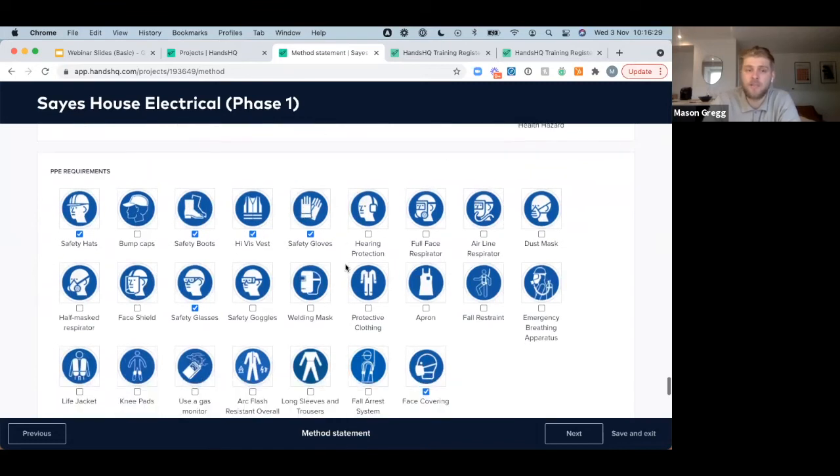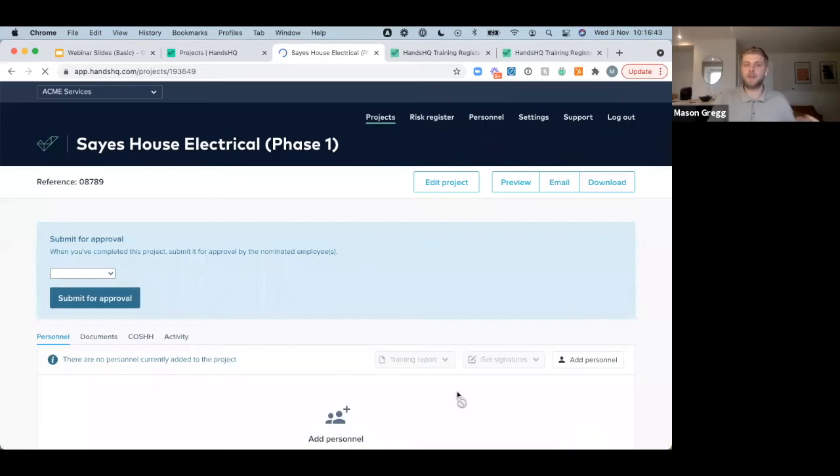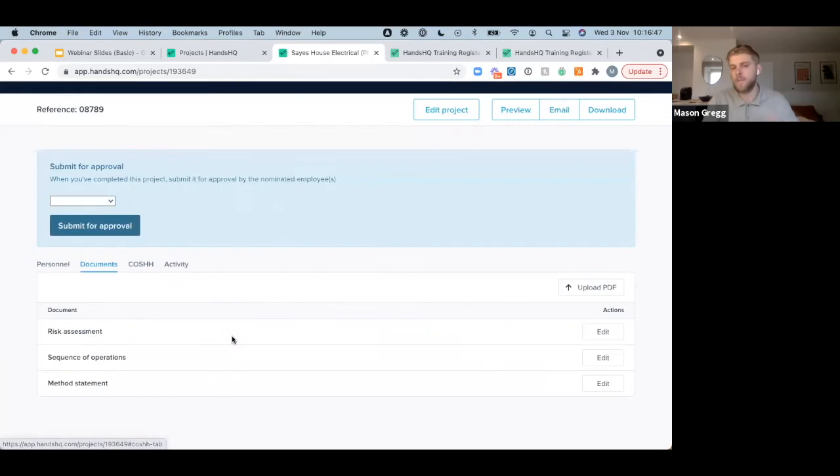So what we've actually done is we have our 5 points of PPE selected and pre-populated each time. So they're always going to be selected every time we go through this process as well. So then hit next, and believe it or not, that is us done. We've now created our site-specific RAMS document. At any point, you can go back into a document and actually update it with more relevant information as and when maybe the project changes or the requirements, the environment changes, your client chucks another task in.